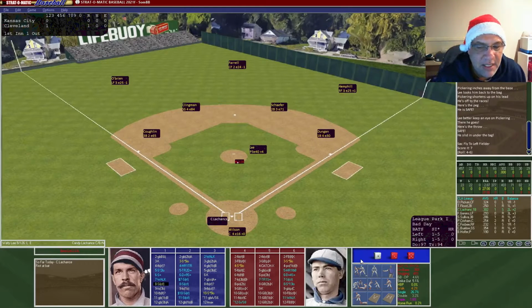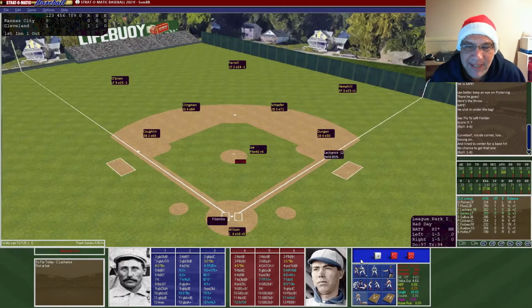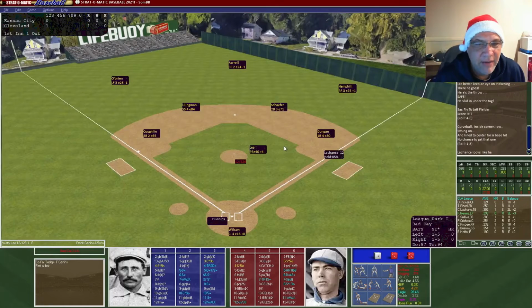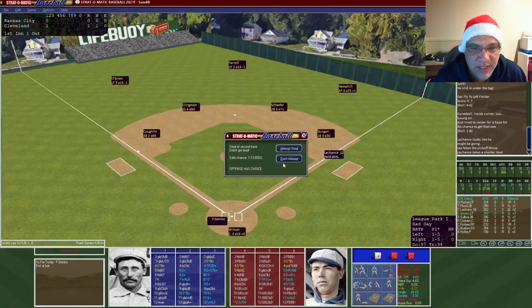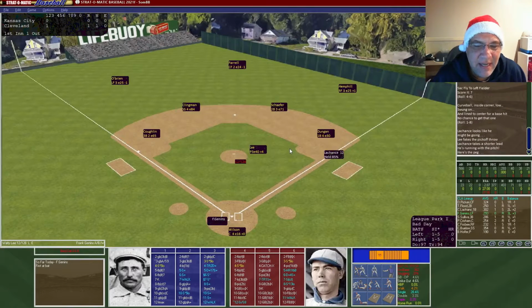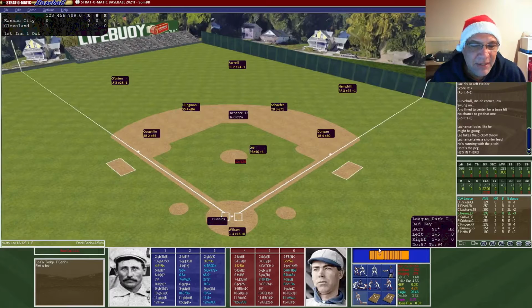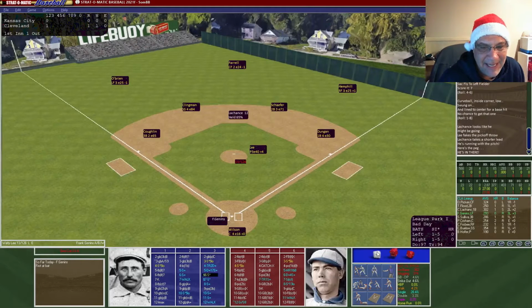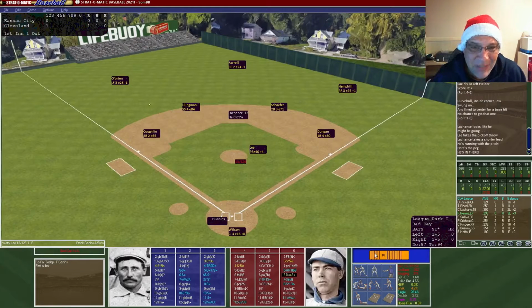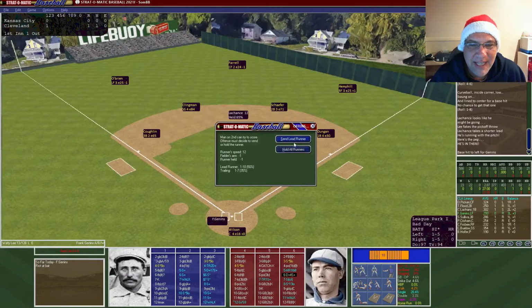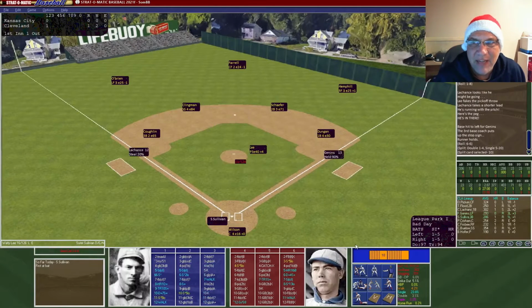Now LaChance is up. He's going to rip a single. So that's 2 straight hits and a walk, and we haven't even made an out yet. Let's see if we can get LaChance to steal. Yeah, let's do it. And he does steal second. 3 stolen bases in the inning. Now Ginnens is up, and he's going to rip a single. LaChance has a chance to score. Nope, we're just going to play it safe with only 1 out.